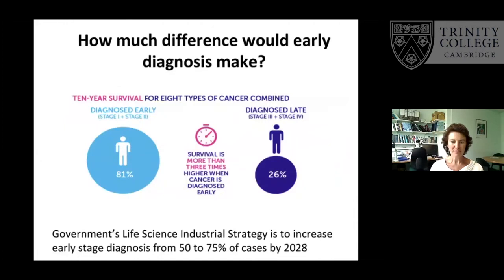So let's think about how much of a difference early diagnosis would make if we really took this as a clinical strategy. These are statistics from Cancer Research UK. It's a summary for 8 different types of cancer combined. And clinically, we tend to group cancers according to their stage. And this is mainly done on imaging to see if there are any involvement of lymph nodes, for example. So if we take it that early stage diagnosis would generally be those cases we call stage 1 and stage 2,